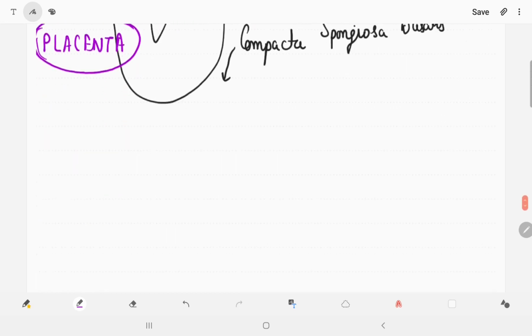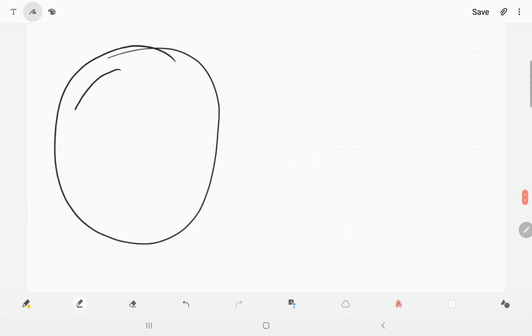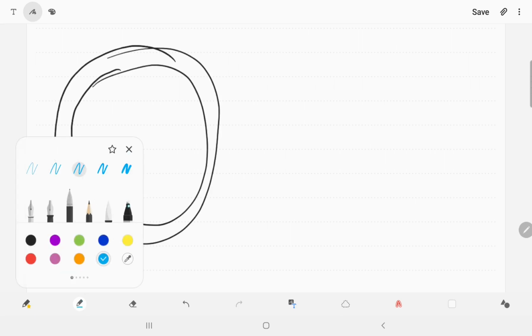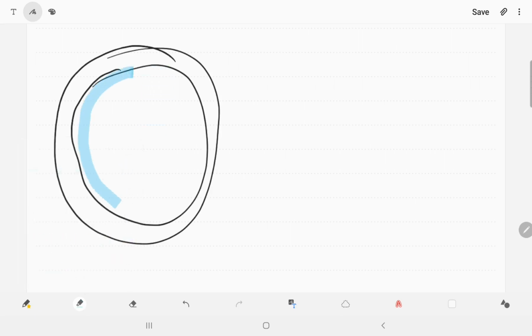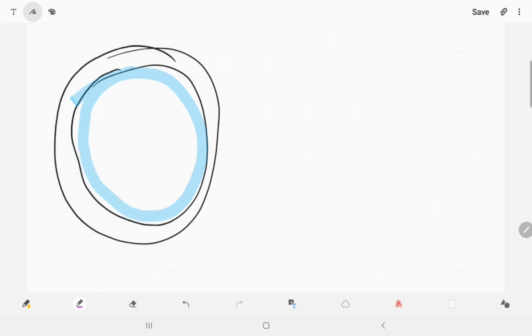Let's now look at the placenta. As you would recall, I had told you that this is my syncytiotrophoblast, this is my cytotrophoblast, and I had formed another layer which was the extraembryonic mesoderm, right? I had formed it, and I did not tell you the function back then. Now I am going to tell you. What I am doing is, I am showing you,